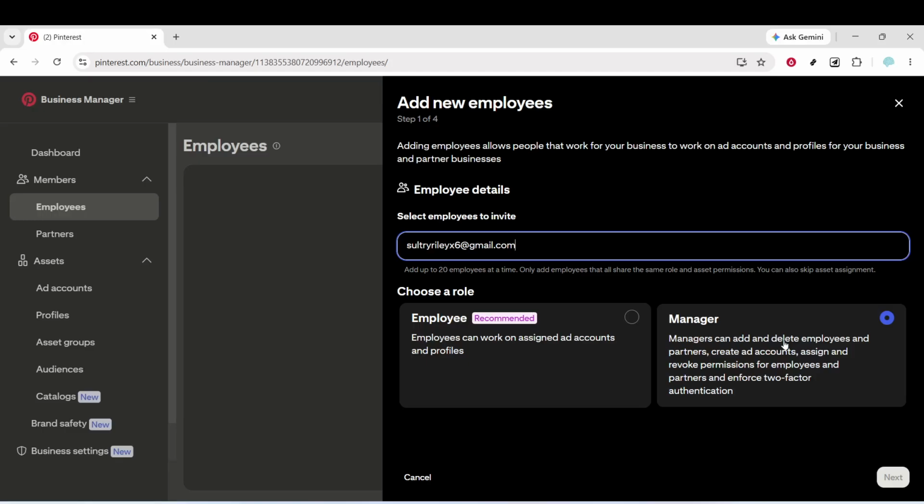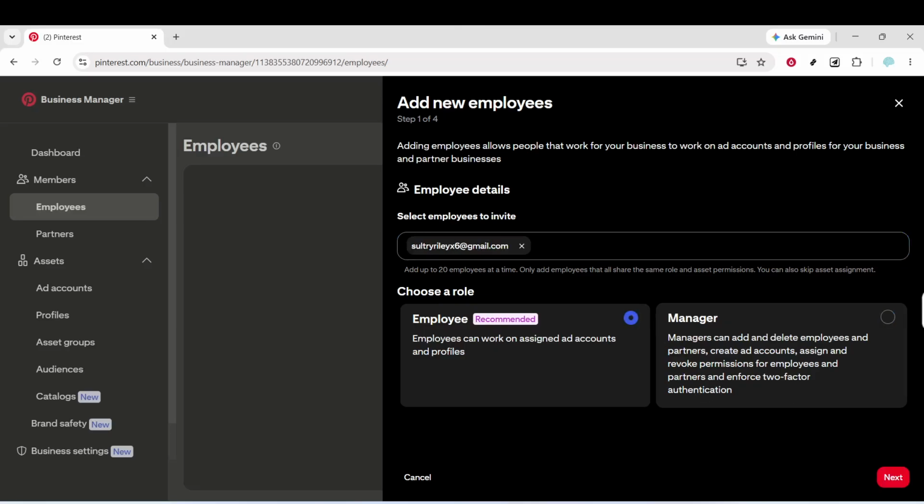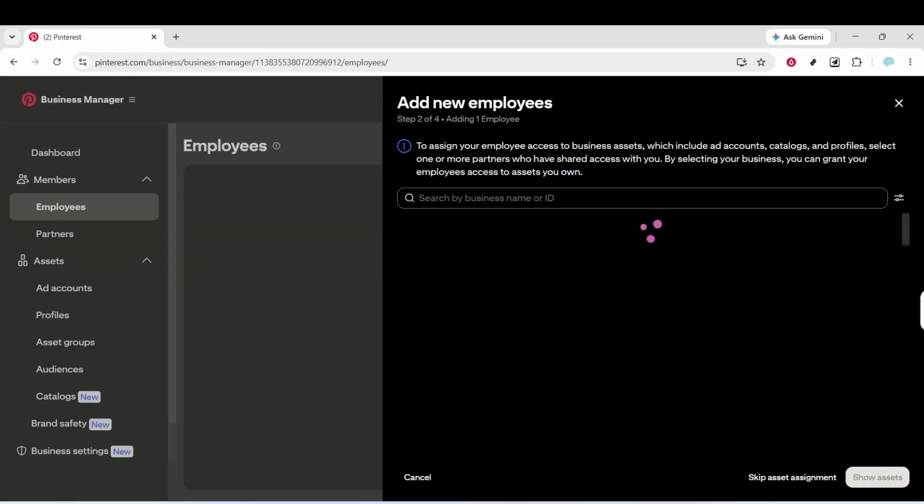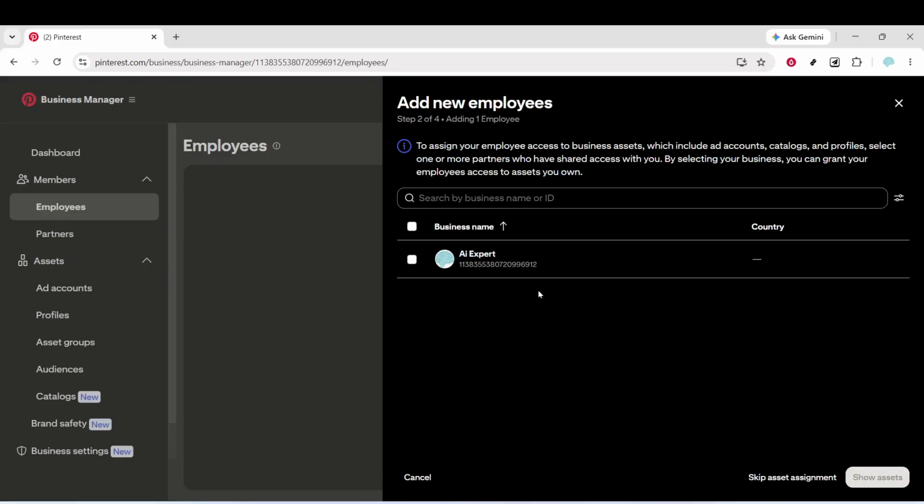After you've selected the assets, continue through the remaining setup steps. Pinterest will ask you to review everything: the role, the email, the assets. Double-check it all, and then go ahead and send the invitation. The employee will get an email with a link to accept. And just like that, the employee is added to your Pinterest Business Manager with the exact role and permissions you chose. You can now step back, knowing your account is secure and your team member has exactly what they need